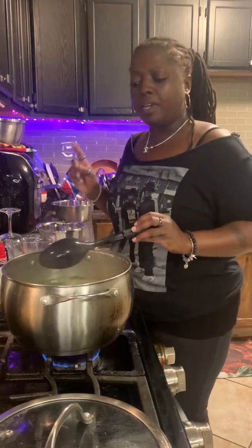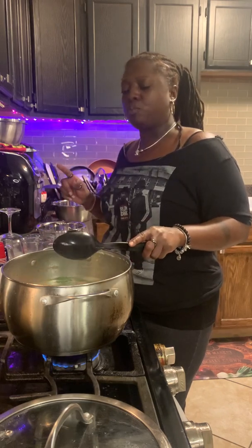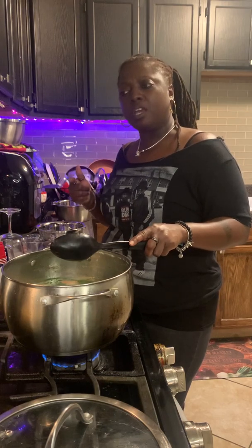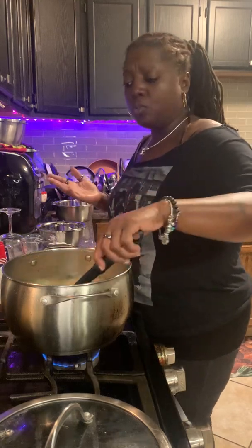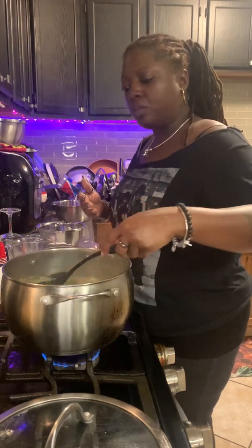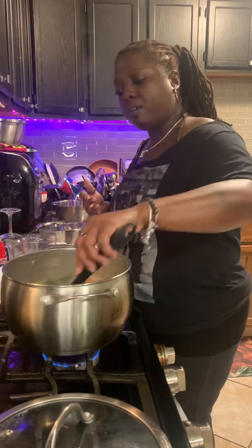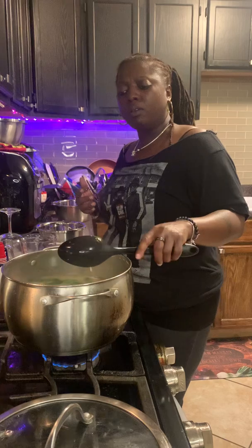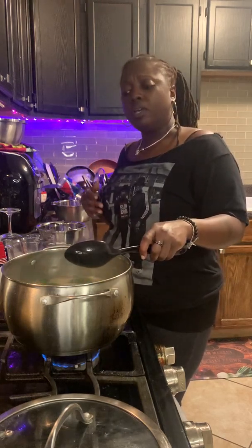But I also added in a half a cup of mixed vegetables, and in that package there were green beans, carrots, corn, and peas. You can use more vegetables if you like, but that's the amount that I used. And for my meat, I chose to use 4 chicken thighs, bone in, skin on, and I boiled